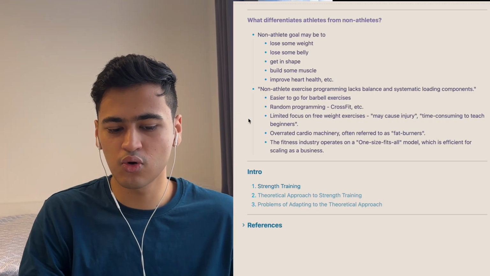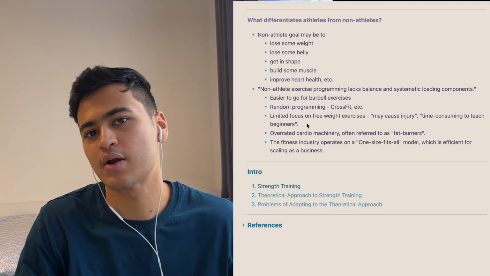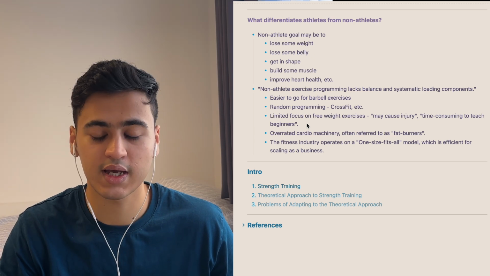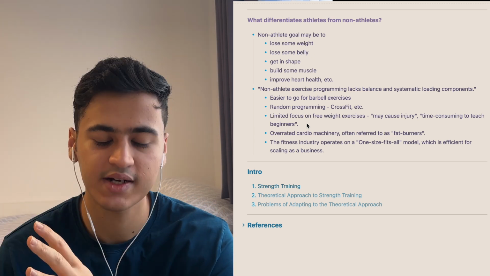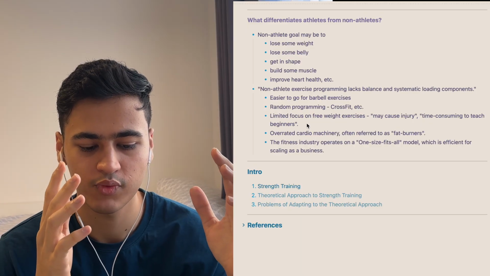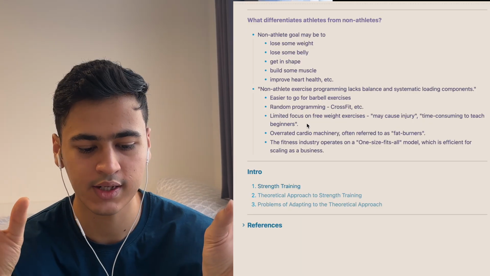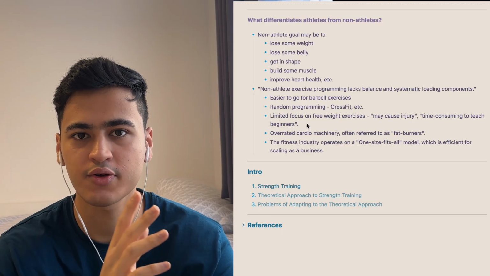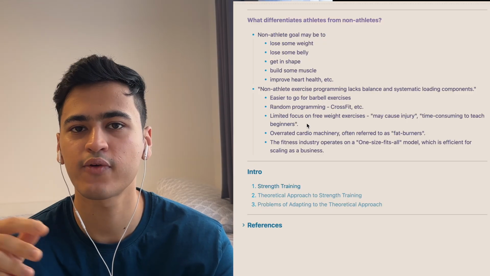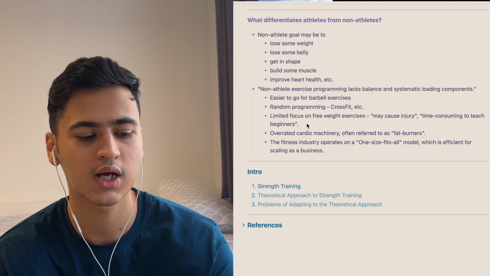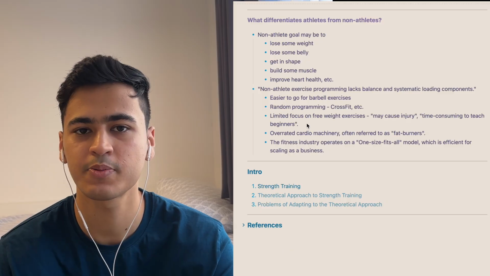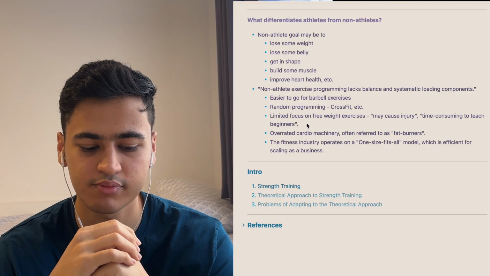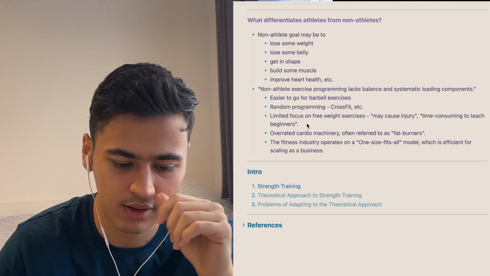And they also have overrated cardio machinery, and they often refer to it as fat burners, because they have two sections mainly. One is the weight section, one is the cardio section. They want equal distribution of clients in both, and they just don't want people to be in the weight section for longer time than the cardio section. So they just give a 45-55 ratio: you use cardio for 45% of the time, and 55% of the time you can use the weight section, which is not an ideal way of training.